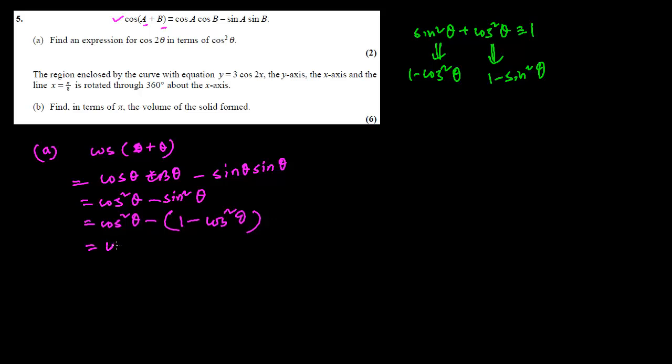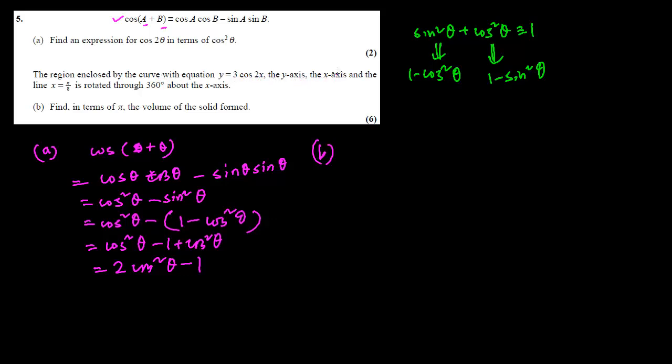If you open the bracket, it turns out to be cos squared theta minus 1 plus cos squared theta. If we add it up, it is 2 cos squared theta minus 1. Done. Question number B. We have a region enclosed by the curve with equation y equals 3 cos 2x,